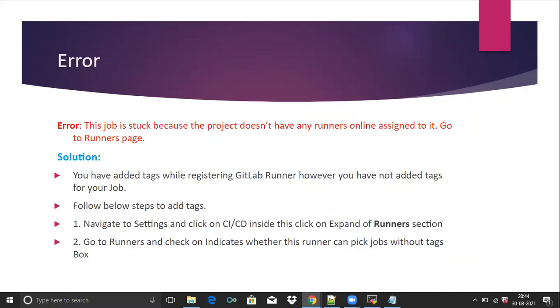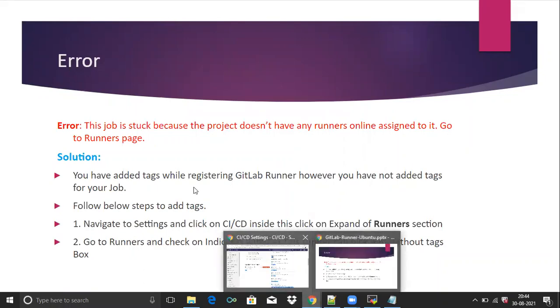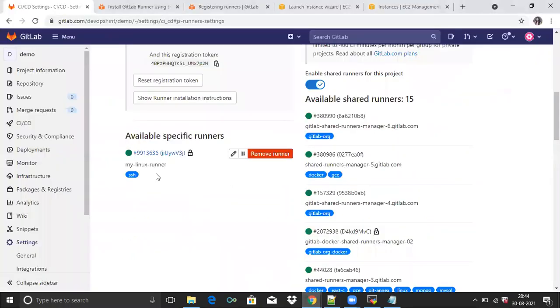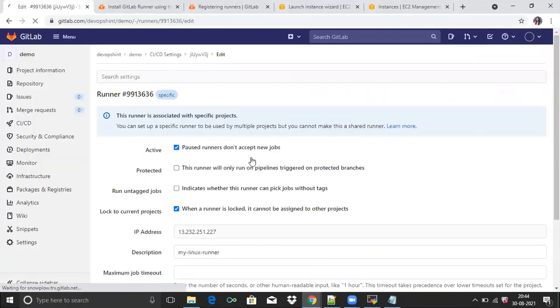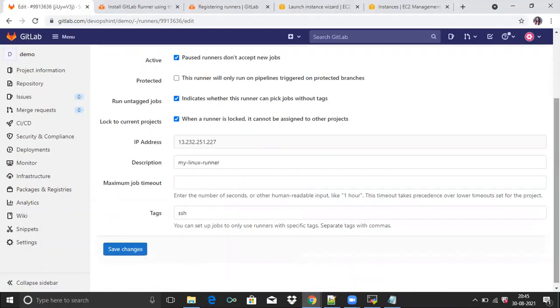The solution: go to your GitLab account and you can see the edit option. Click on edit. Here you can see run untagged jobs, indicate whether the runner can pick jobs without tags. Check it and save changes.